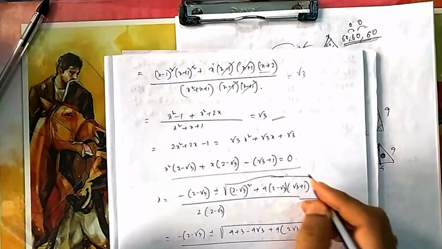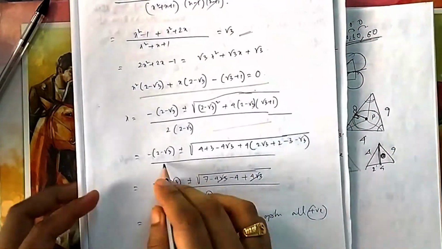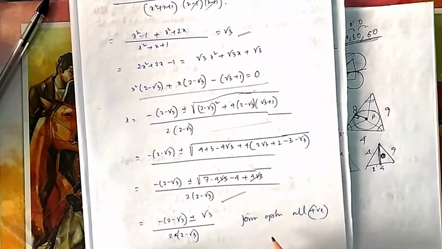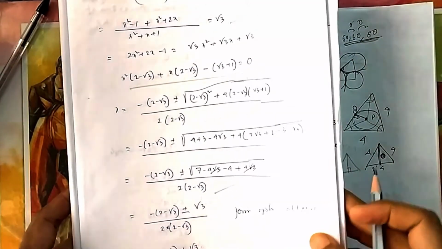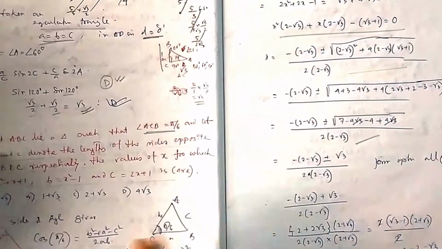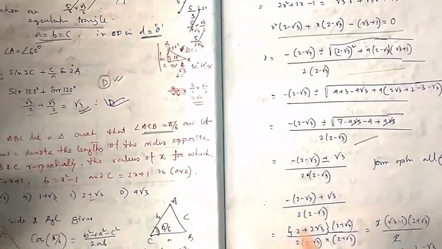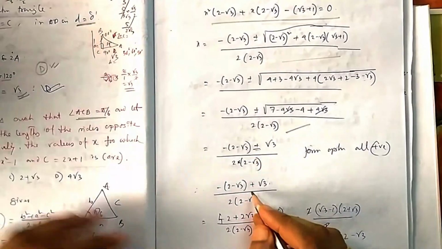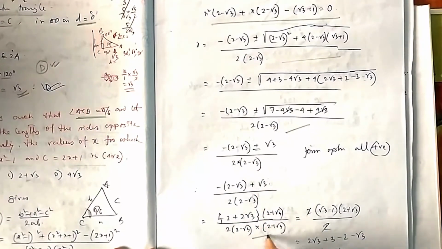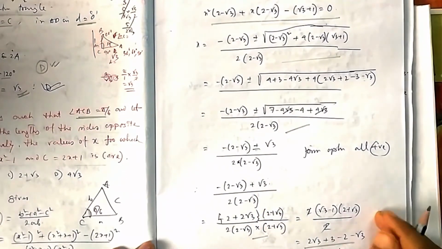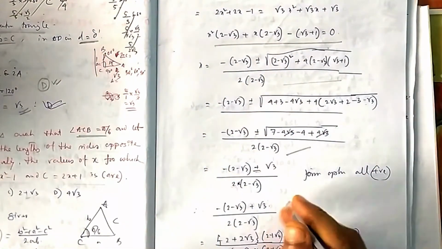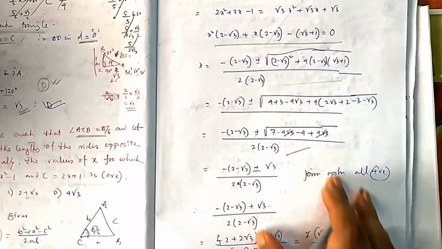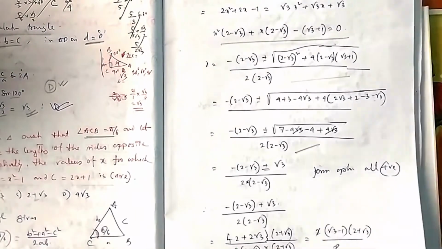So if you take the side change of this one, if you apply Sridhar's formula, it will look like this, minus b plus or minus. And from here it will be plus or minus, but in the options you will find all are positive root 3. There is no case of minus root 3, so that's why I am not taking minus root 3, only plus root 3. If you rationalize it, the final answer is this one. The calculation will take a little time, but it is easy. You can do it step by step. So the final answer you will get is root 3 plus 1.